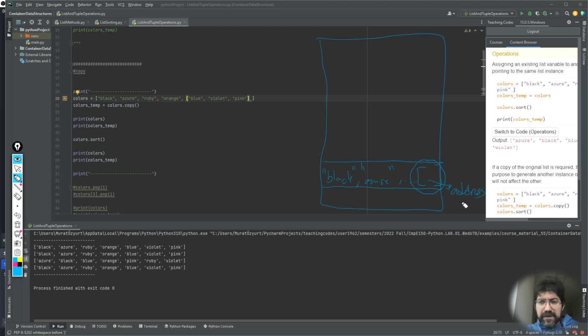Address reference to another list in my memory which contains blue, violet, and pink. So this is an individual list. I have a reference to this list in the memory, and when I make a copy of this colors list, it's going to